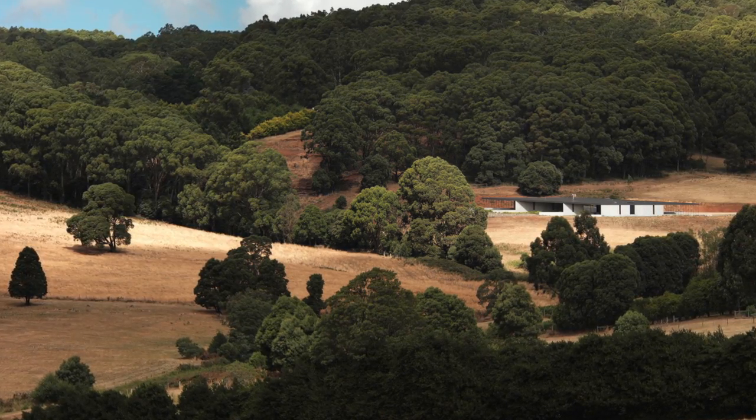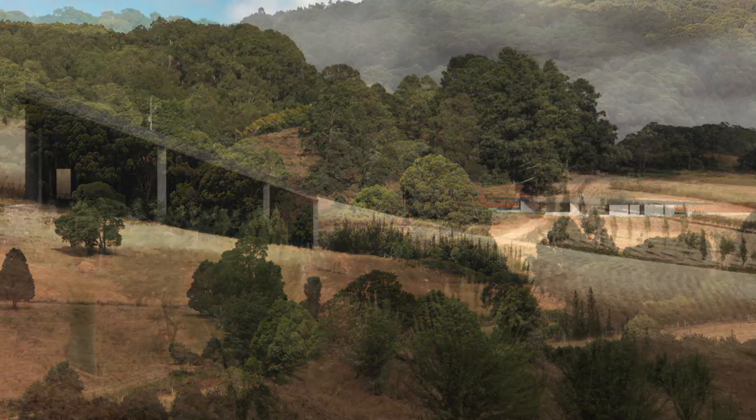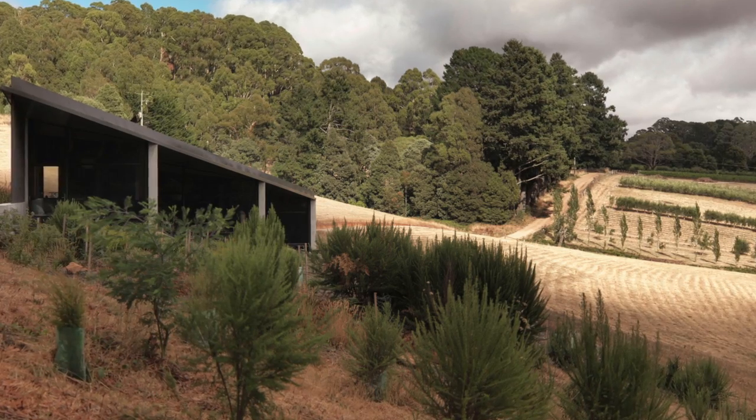It was going there that really explained the project to me, because you realise as you approach it finally that the house is working brilliantly with its cross-section, and the simplicity of the whole design is really, really powerful. I think the thing I really love about this project is that these three, I suppose, terraces, they step down and with the landscape, so it's very much bedded into the landscape,